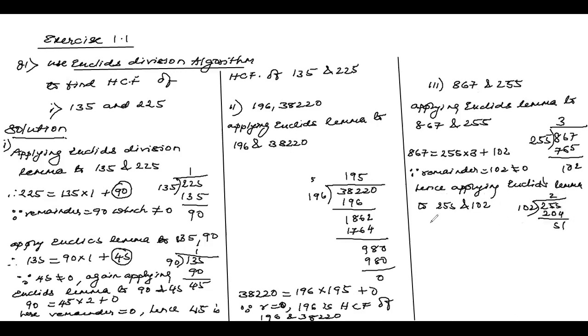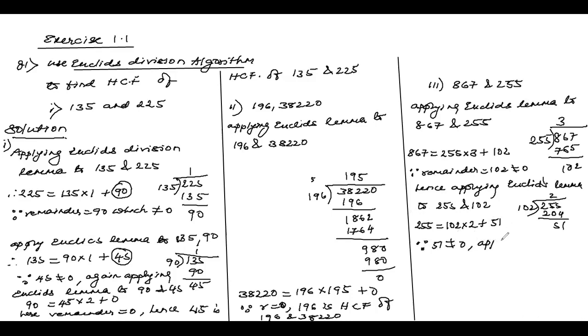So what will come, beta? 255 is equal to, bigger number, that is A is equal to BQ plus R. B is what? 102. And Q is what, children? 2. And what is the remainder? The remainder is 51. Now, since again 51 remainder is not equal to 0,